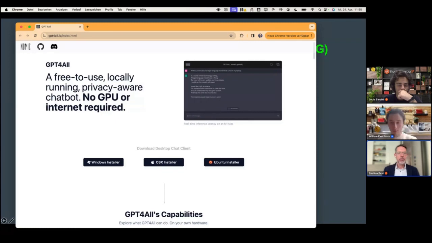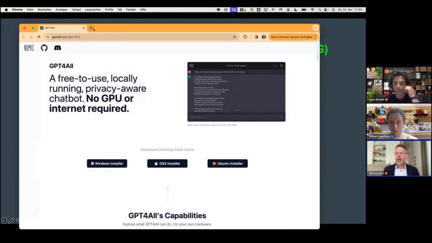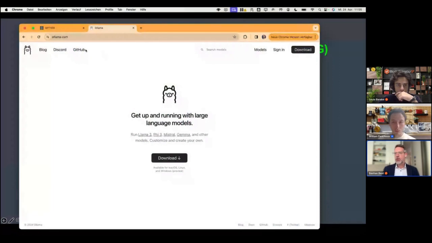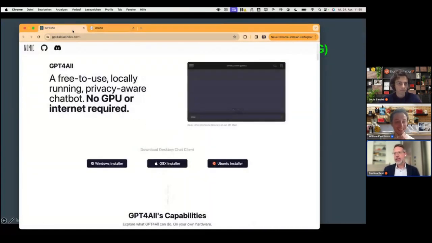And exactly, so that's GPT4All. And another tool I'm using sometimes is called Ollama, ollama.com, which is also a chatbot, but this doesn't have a graphical user interface, but it runs inside the terminal. So if you're more of the hacker type, so to say, if you like working with the command line interface, you can use Ollama. Most of the time these days I use GPT4All because it has a graphical